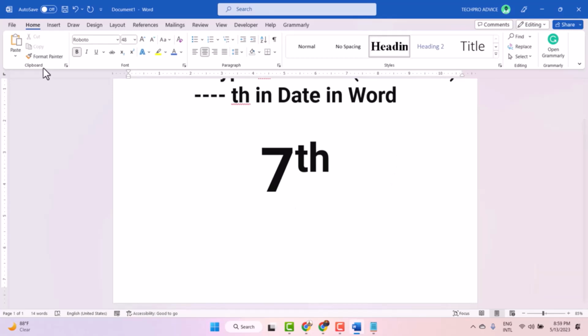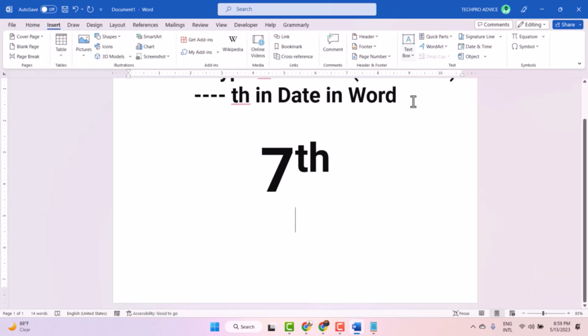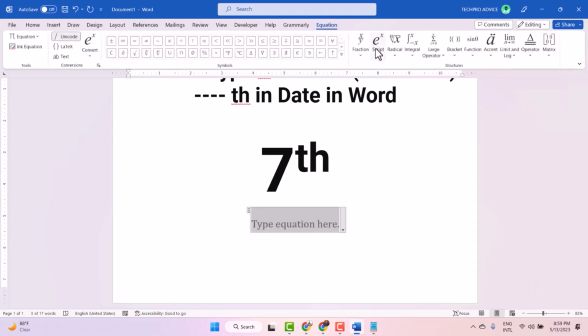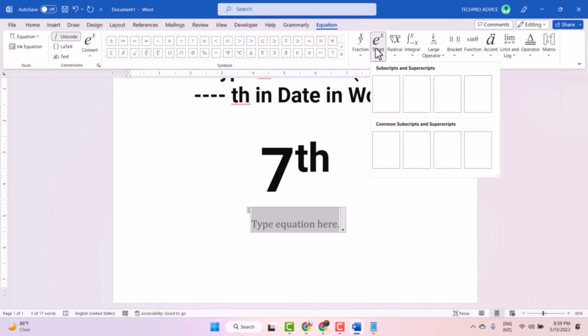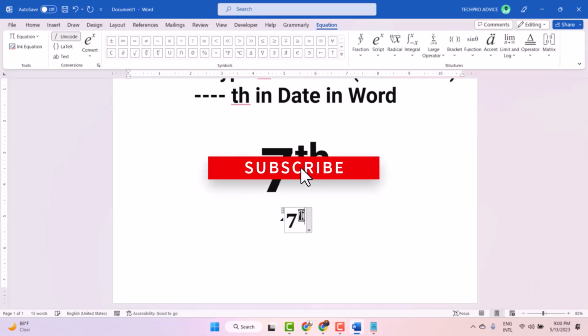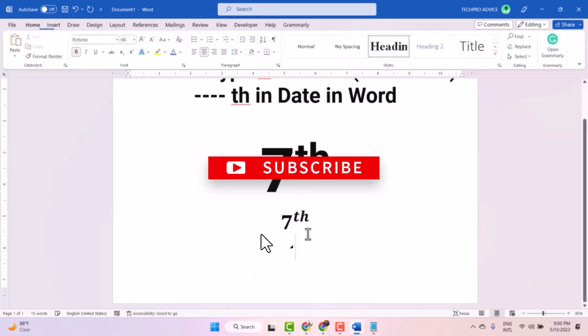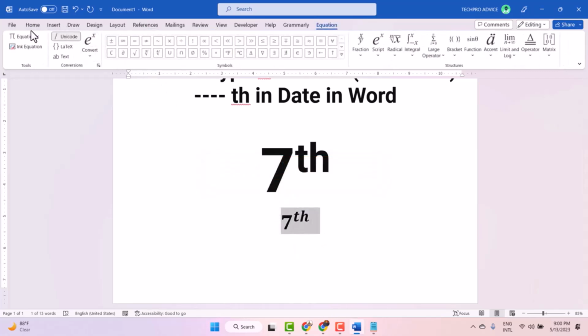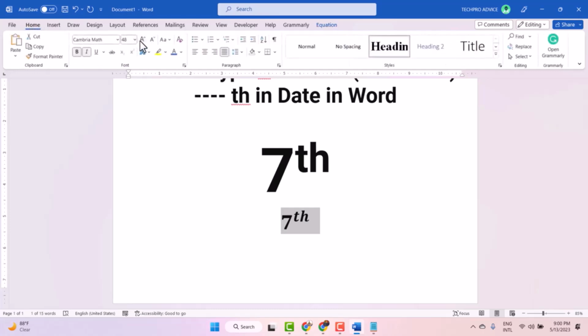Second one, insert equation, script, and select here this one, superscript. In the first box type the number, in the second box type TH. Also, guys, you can change the size, color,